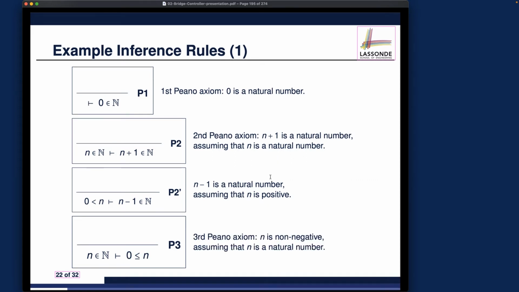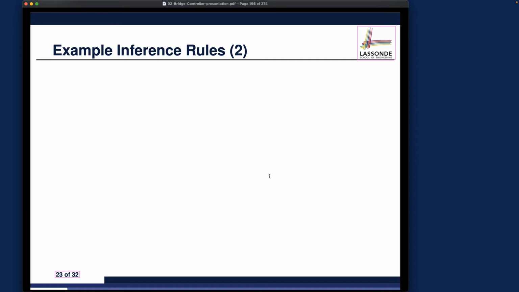All right, so that's about the axioms for the inference rules that we can use. If you can manage to make sure the outstanding sequence can somehow be transformed into any one of these, in that case, you've proved the sequence. That's something we'll see. All right, so let's see the second page of example inference rules. So this one is also an axiom. We are saying that n plus 1 should be less than or equal to m, assuming that n is strictly less than m.